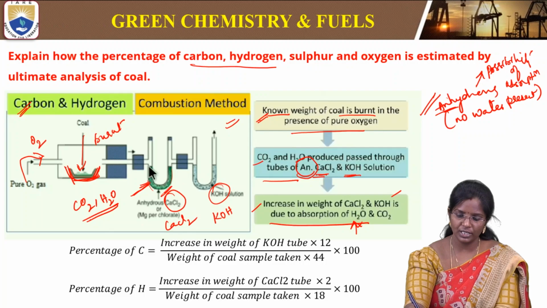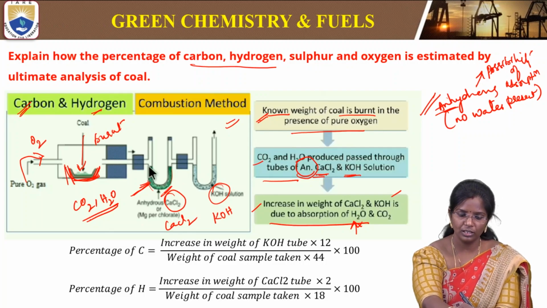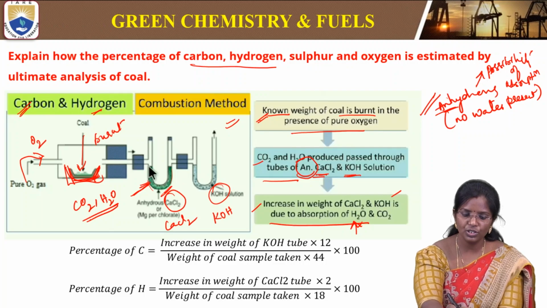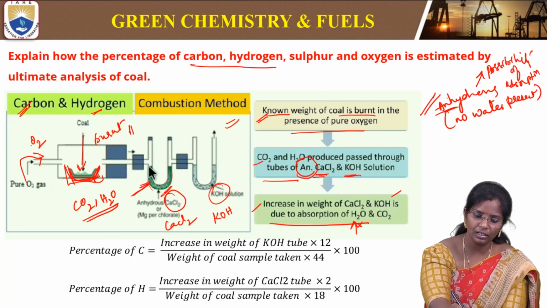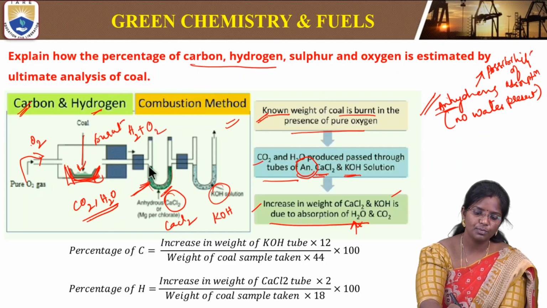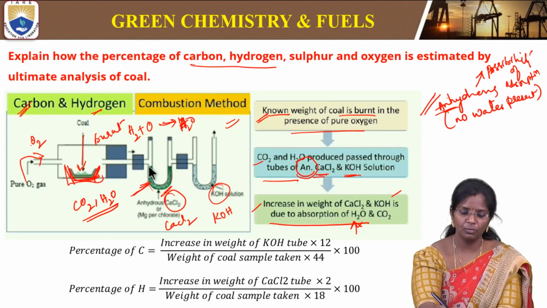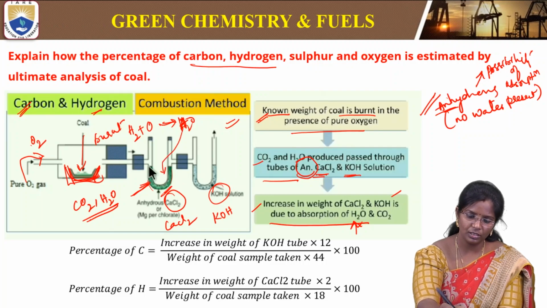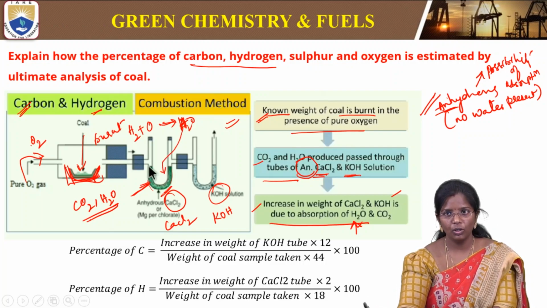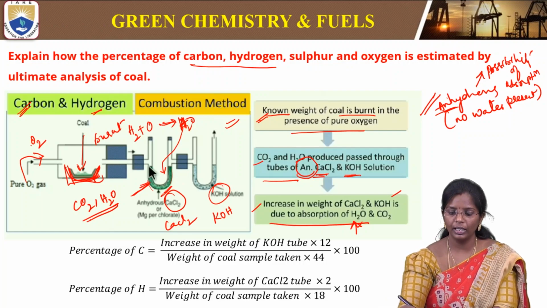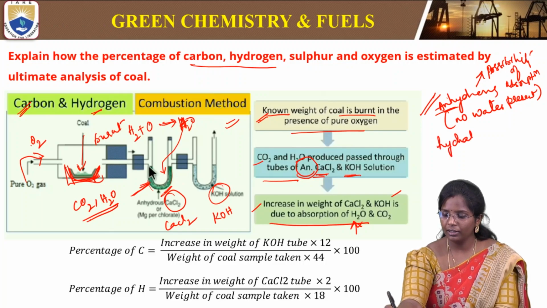So if hydrogen is present in this coal sample, it will obviously produce moisture because oxygen is present: hydrogen plus oxygen will give rise to H2O. This water that is forming will be absorbed in the tube containing calcium chloride. Obviously, whenever it is absorbing, the weight will increase, because now it is becoming a hydrated salt,